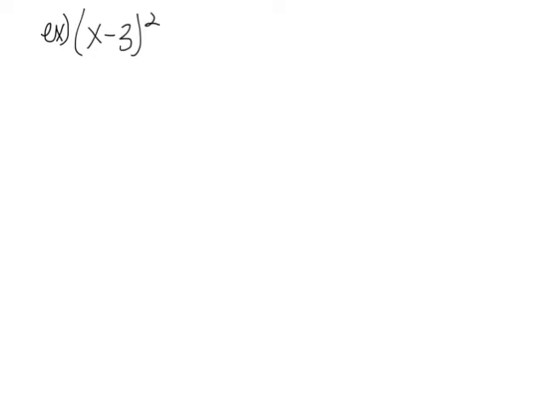For this example, all that's changed is the operation that's inside the polynomial. And so I'm still going to follow my same steps. I'm going to multiply my polynomial. So I'm going to get (x - 3)